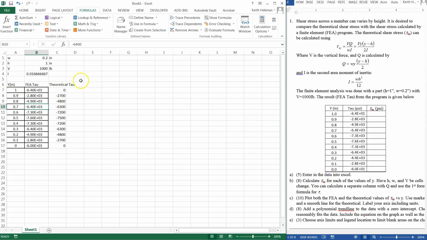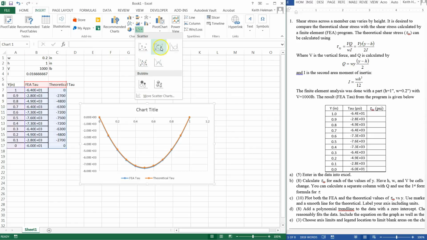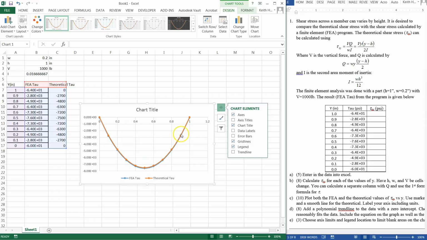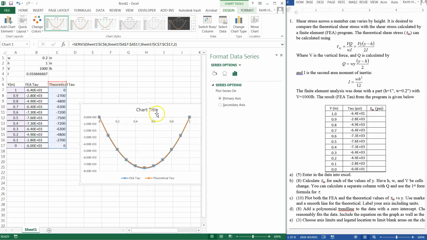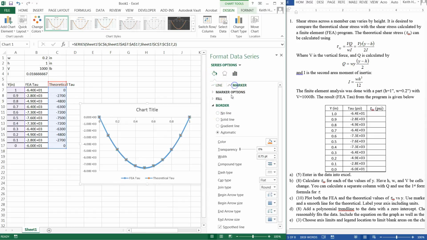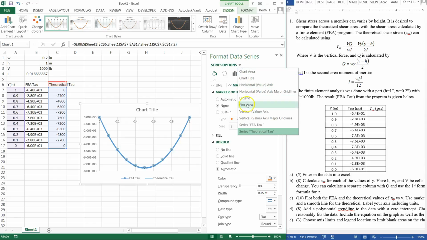So as long as we have a blank space around the edges, all we have to do is insert, and we want to do a scatter, probably interpolated lines, and then we need to change the markers. And so if we come here, so this is a theoretical. The theoretical we want to be a solid line with no markers, and then we can change our switch to our second series,